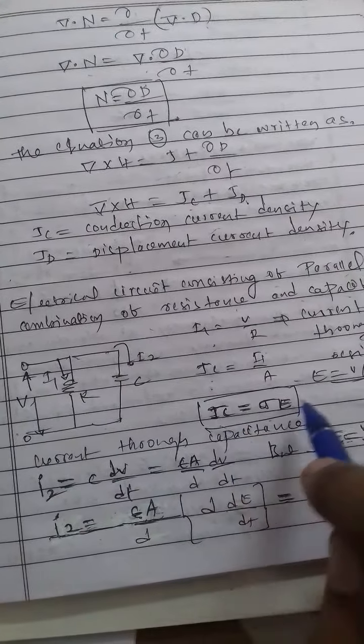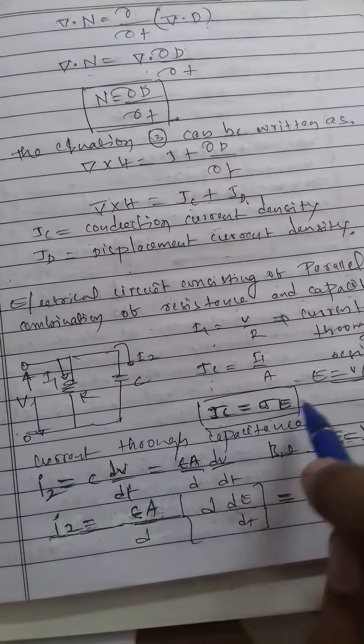The Maxwell's equations. The differential forms: del cross E is equal to minus dou B by dou t, del cross H is equal to Jc plus dou D by dou t, del dot D is equal to rho v, and del dot B is equal to 0. Here the closed integral forms: closed integral E dot dl is equal to minus integral dou B by dou t dot ds, and closed integral H dot dl is equal to I plus integral dou D by dou t dot ds,